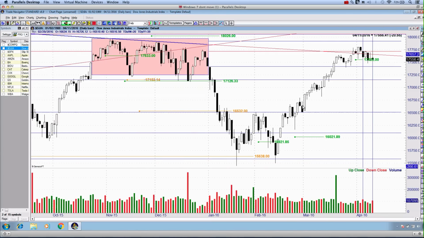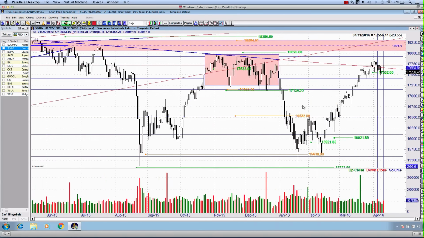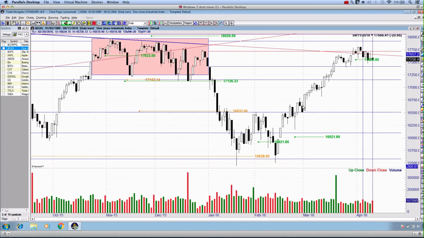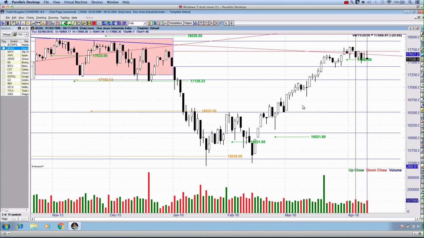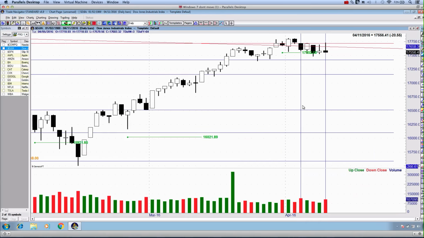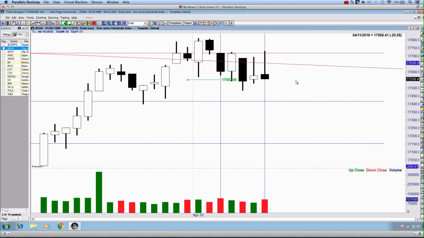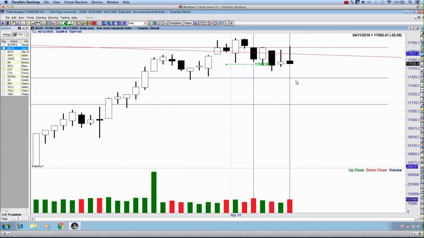Outside of that, friends and traders around the world, be careful. Follow the analysis, let the technicals guide you, of course the fundamentals as well. But it's really hard to find anything positive right now in the financial markets to indicate that we should be buying this market up at these levels. Again, a lot of warning signals. Again, the formation on Monday across all 5 of the markets I've just recapped, notwithstanding, of course, the individual trade analysis on these top 12 individual trades. Have a look at Pro, learn about technical analysis, and set yourself up to capitalize on some of these major market movements which are set to happen.